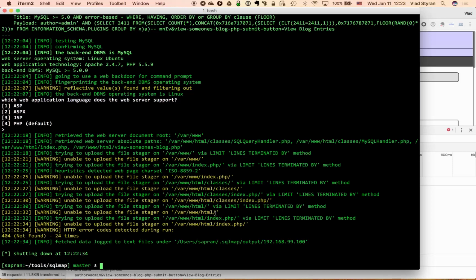So I'm leaving this for your homework, right? You totally can do that. You can upload a web shell by an SQL injection in MySQL, configured by default. However, you have to have some more realistic